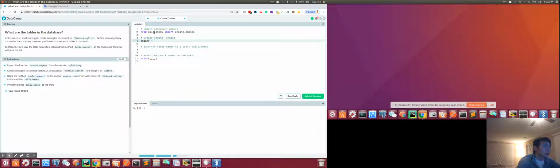Engine equals create engine. SQLite, slash Chinook.SQLite. Save the table names to table names, right? Table names equals